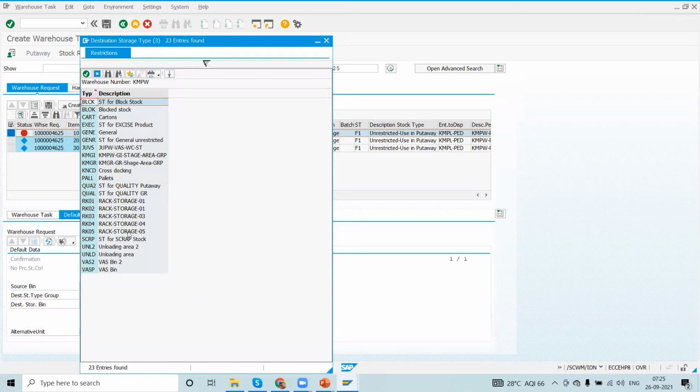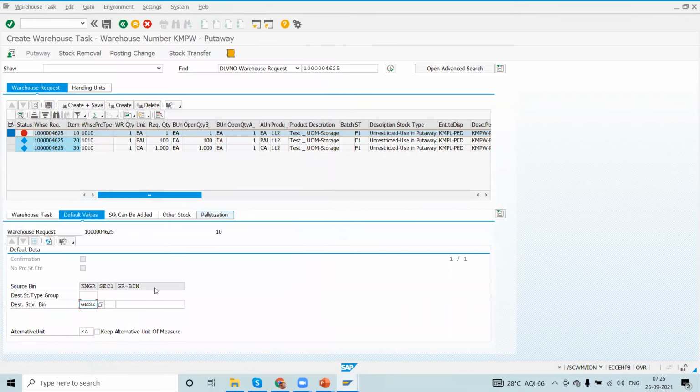I'm going to select general storage, because each I can store in the general storage.